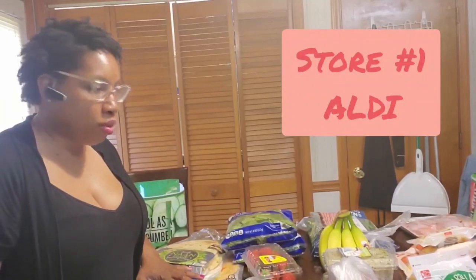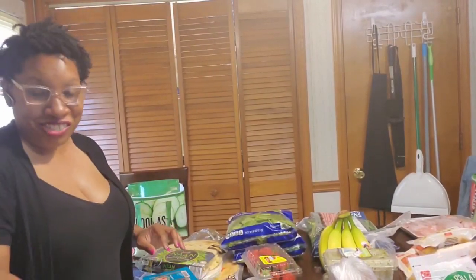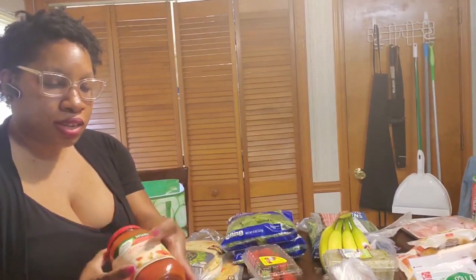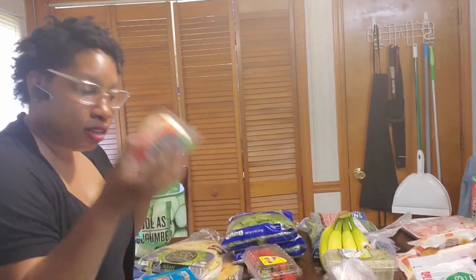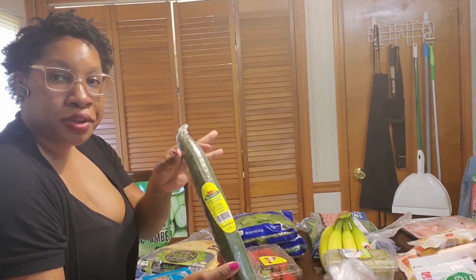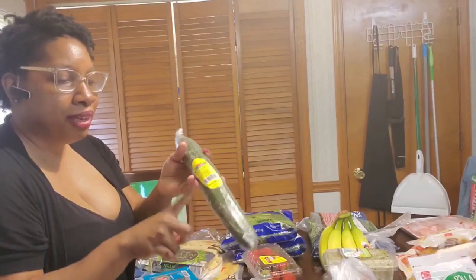This is the first store I was able to go to, which was Aldi. We have the diced tomatoes. That is for a dish I can't remember at this point. One of the dishes I'm making this week calls for that. Minced onions, the marinara sauce. I prefer this instead of the pizza sauce when I make my pizzas. Mozzarella for my pizza. I decided to pick up this English cucumber instead of the other cucumber because it was